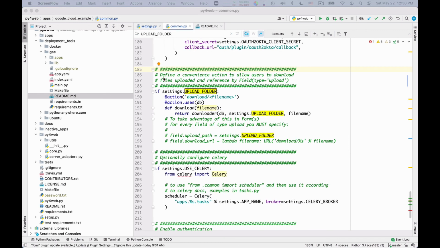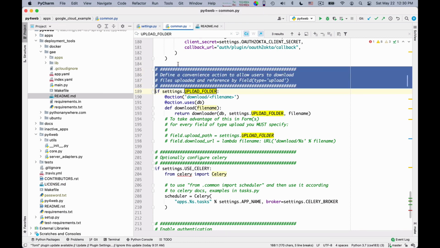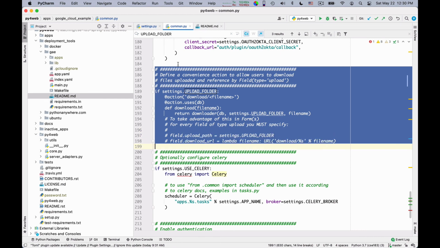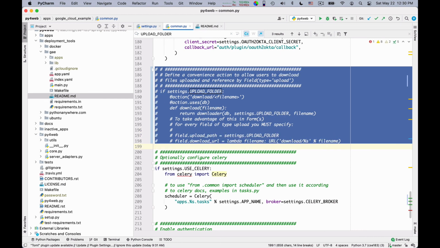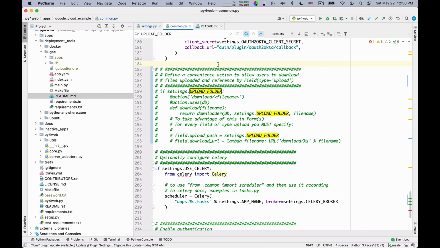Then, in common.py, there is again this story with the upload folder to create the directory where the uploads go, and we really do not want these, right? Because we cannot modify the file system. So let's comment the whole section out. Okay, these are the changes we need to make to enable upload.